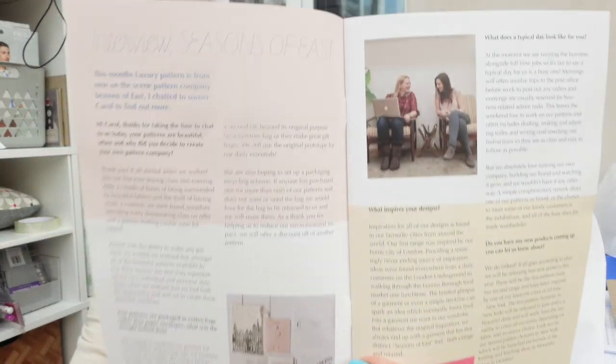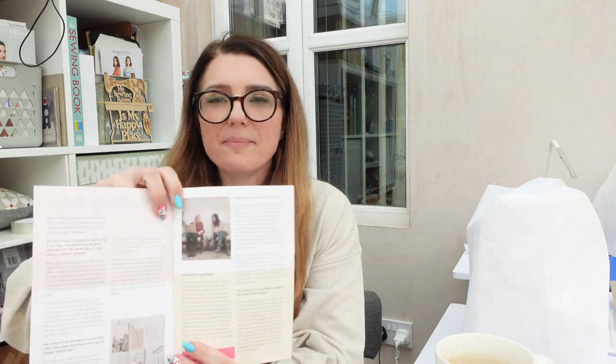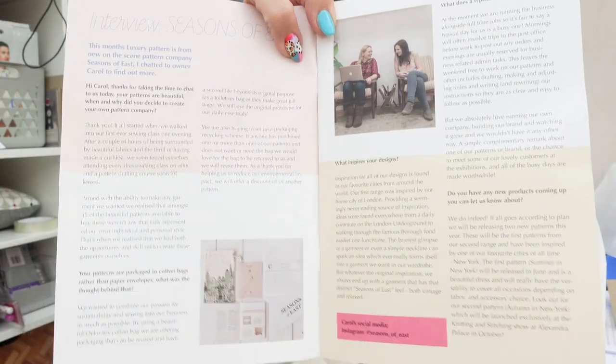They are a new indie pattern company, Seasons of East, so that's really cool. I've not heard of those before, so I'll enjoy reading that, and that's Carol, who's the owner of Seasons of East. So yeah, that'll be interesting to see what that's all about. I wonder if the pattern in the book, I'm sure the pattern for the luxury box will be a pattern